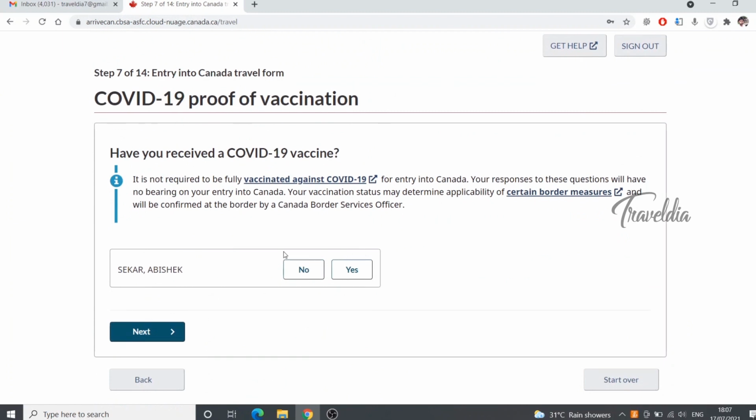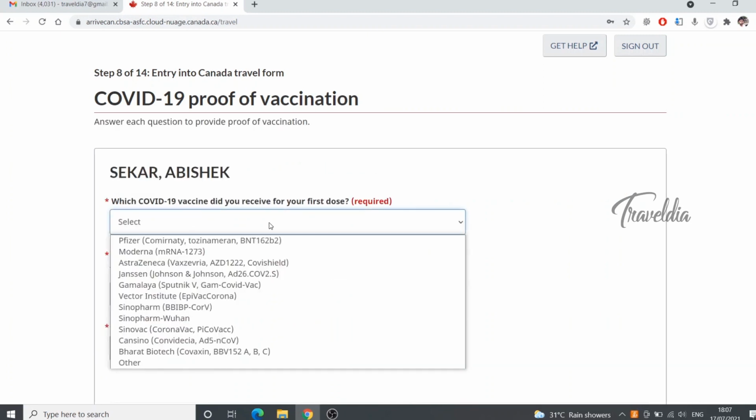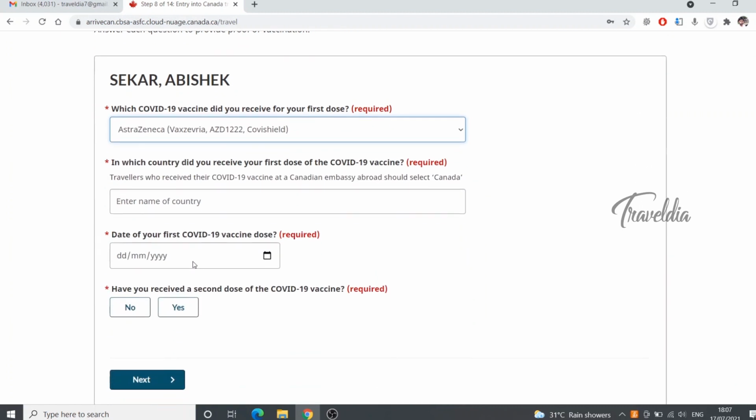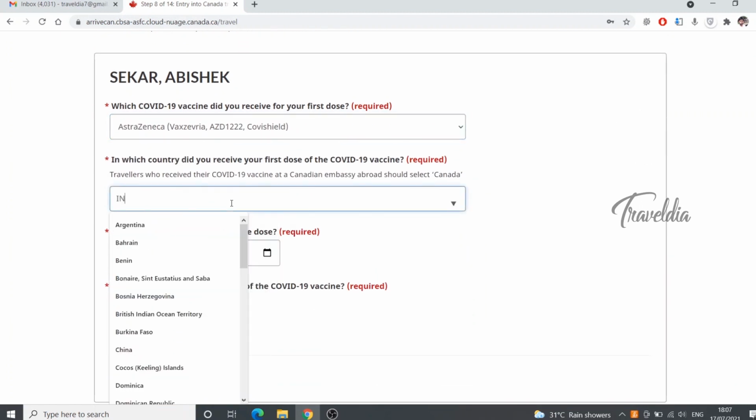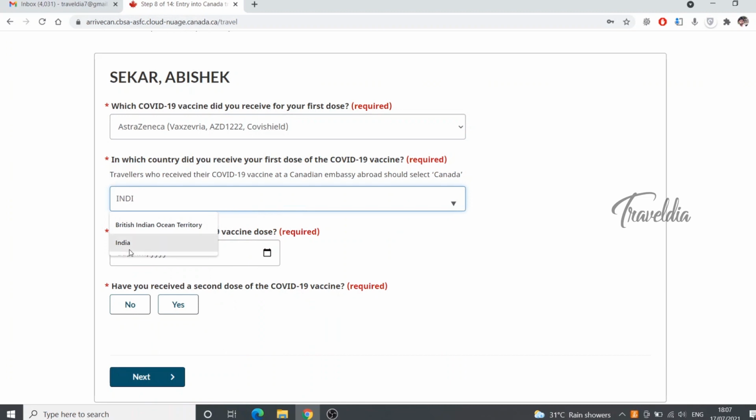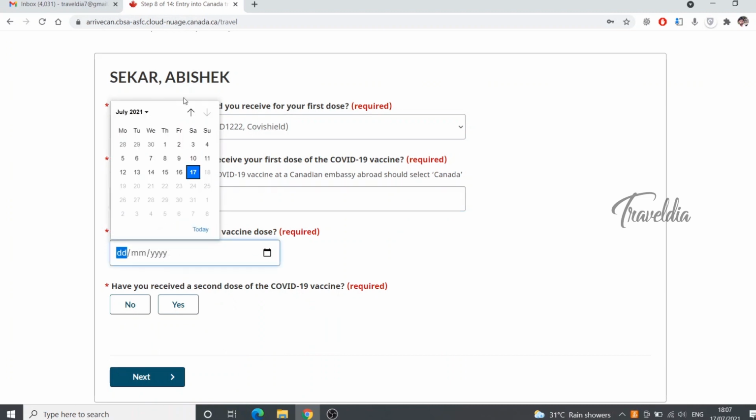Have you received the COVID-19 vaccine? I am staying in India, and I have already received the vaccine. You also need to enter your proof. There is a range of vaccines. I have taken Covishield, which is also known as AstraZeneca. I have taken my first dose in India, then enter the date of the first dose, first jab.